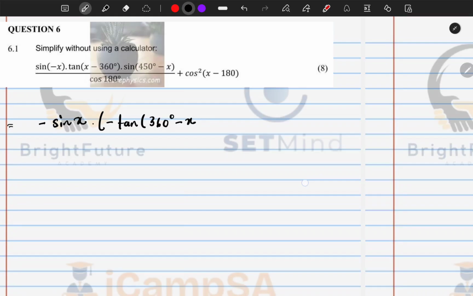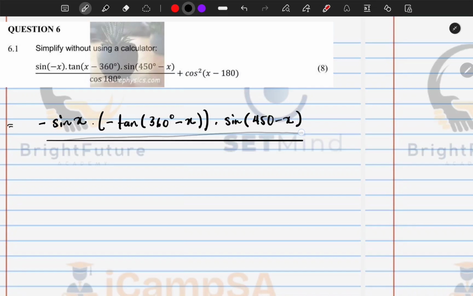Minus x is going to make x positive. Great. And then from there, I need to find a way in which I can write sine 450. So I will come back to that. So I'll just say sine of 450 minus x, all over